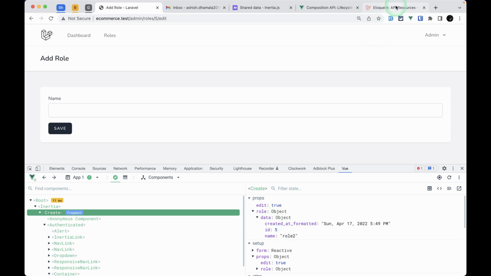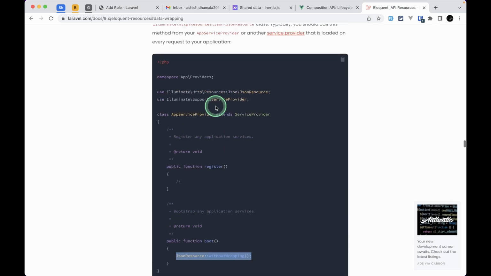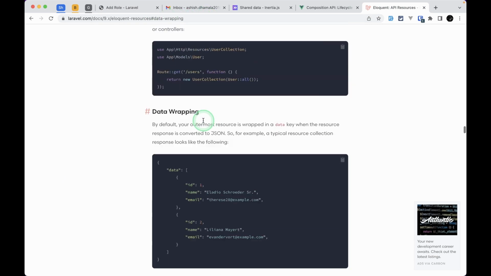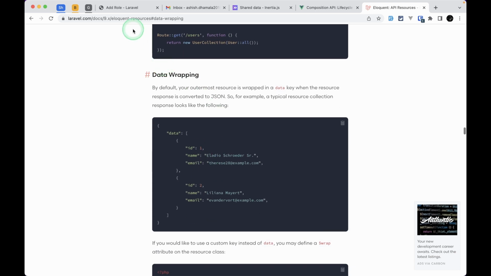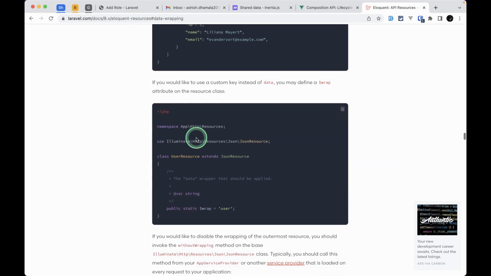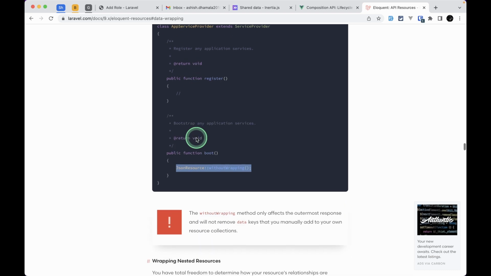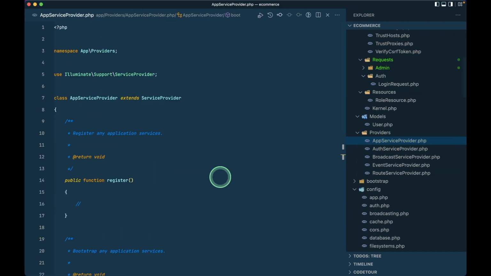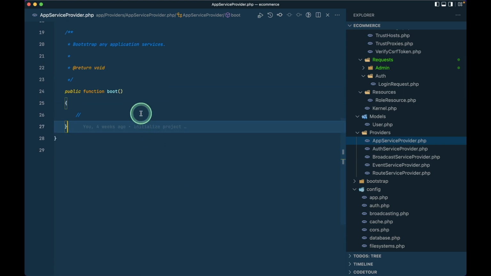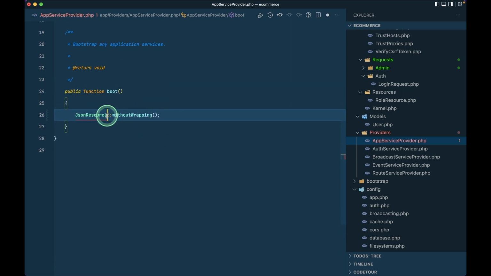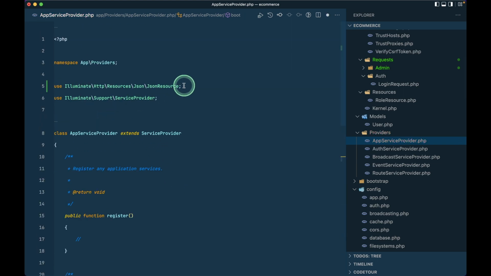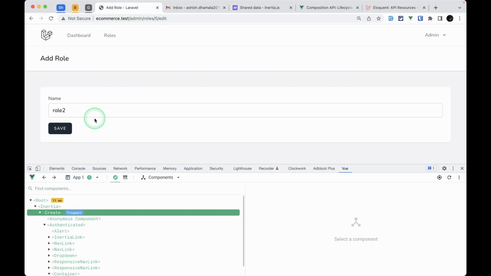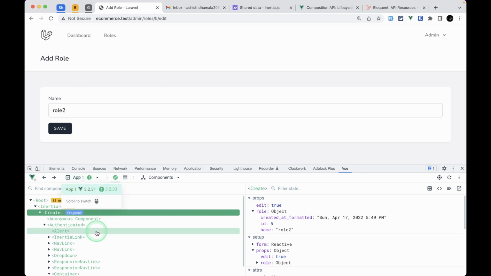So for that, we have to go here in the API resource, and if you just look here in this data wrapping, okay, in this here we have this data wrapping. So here in this eloquent resource documentation, then we have to add this thing in our app service provider. So in the app service provider, I'll just paste that code over here and import this JsonResource, which is this. And now if I come here and refresh the page, then I'll be able to see this role too, because